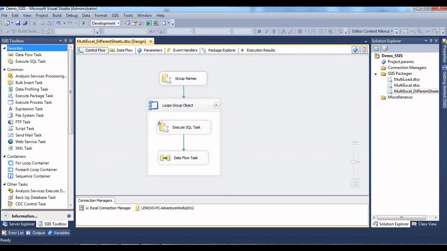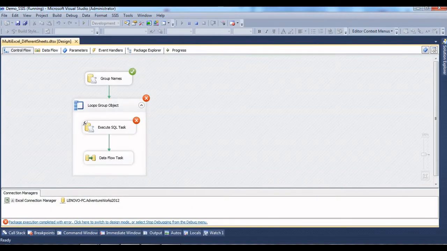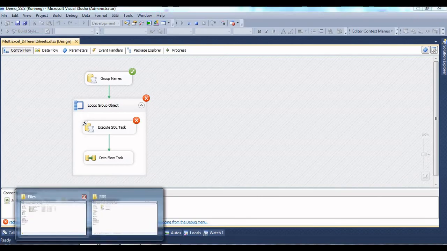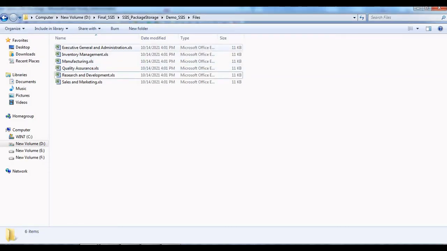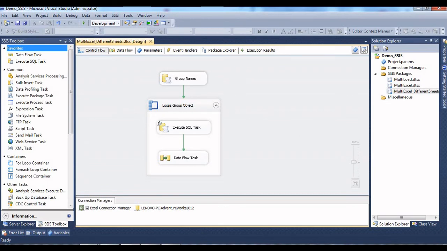For example, if I try to run one more time, what will happen? Whether it is going to fail or run successfully, let's see. It failed because, if you notice, Excel files with the same name already exist, so it is throwing an error. In real business use cases, sometimes they want to add today's timestamp at the end of the Excel file name. Based on that we can iterate multiple times, and even if I execute the package any number of times, there's no issue because we are appending the timestamp as a suffix. You can achieve that as well.